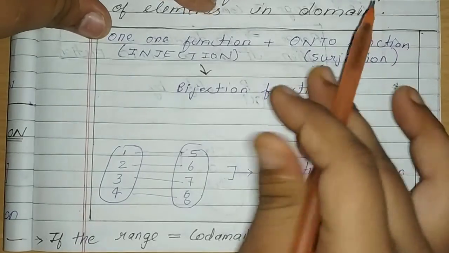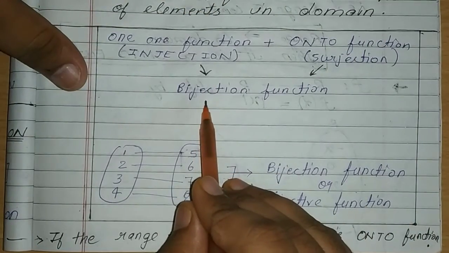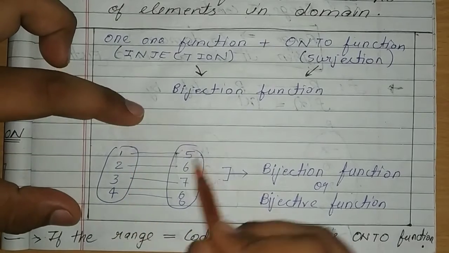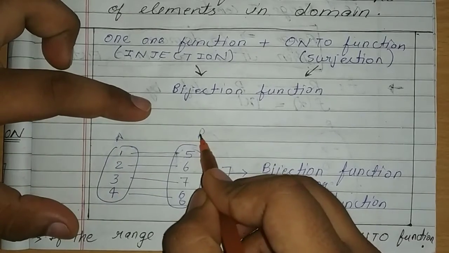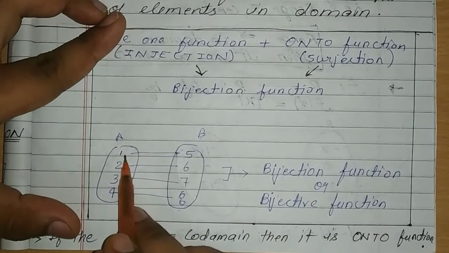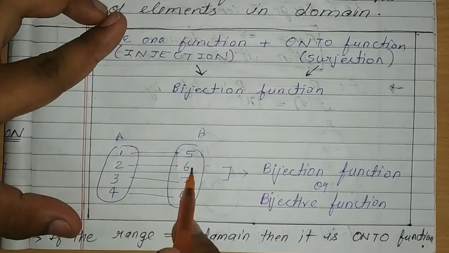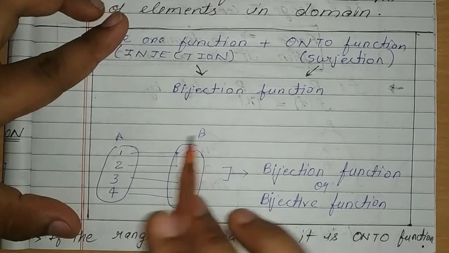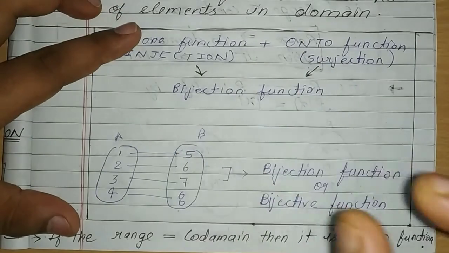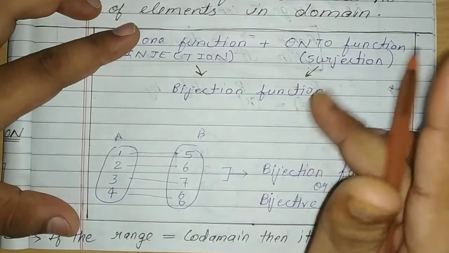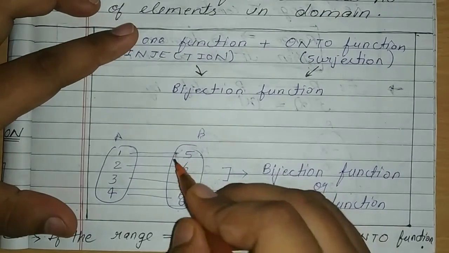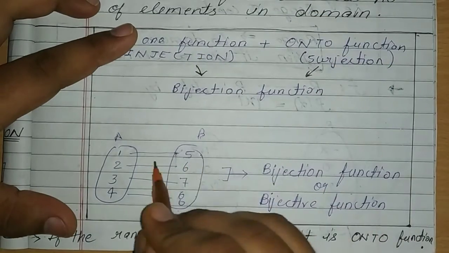अगर वन वन फंक्शन प्लस ऑनटू फंक्शन दोनों आ रहे हैं तो वो बाइजेक्शन कहलाता है। इसका एग्जांपल ये है, देखो 1, 2, 3, 4 सेट ए में है, और 4, 5, 6, 7, 8 ये बी में। अभी पहले तो देखो ये वन वन है कि नहीं? हाँ है, डिफरेंट एलिमेंट्स, डिफरेंट इमेजेस, ठीक है, तो पहला प्रूफ हो गया वन वन फंक्शन। दूसरा देखेंगे कि ये अपना ऑनटू फंक्शन है कि नहीं। ऑनटू फंक्शन के लिए अपन को चाहिए रेंज कोडोमेन के बराबर होनी चाहिए।